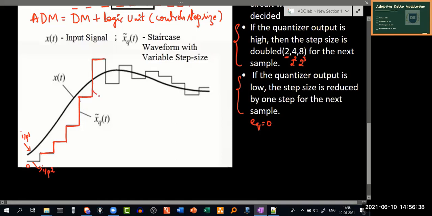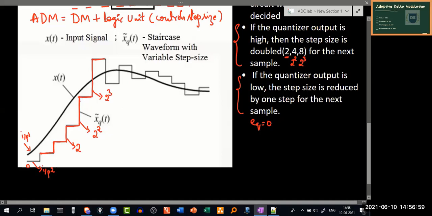I can think of this as something like 2 power 3. Increase is in terms of 2 power 3. Here the increase in the step size is happening at a factor of 2 raised to 2, and here it's just 2.